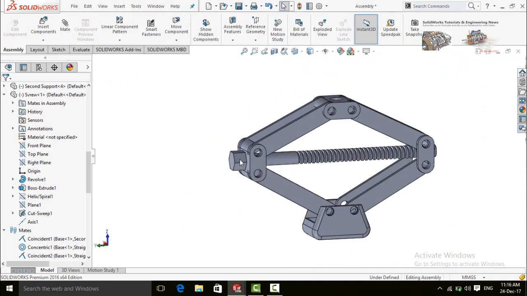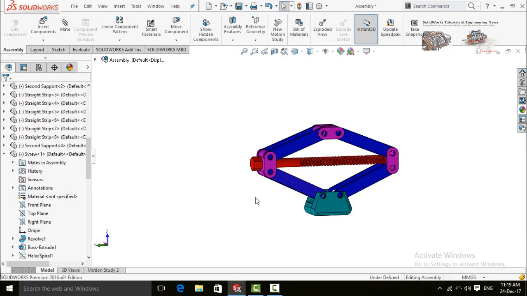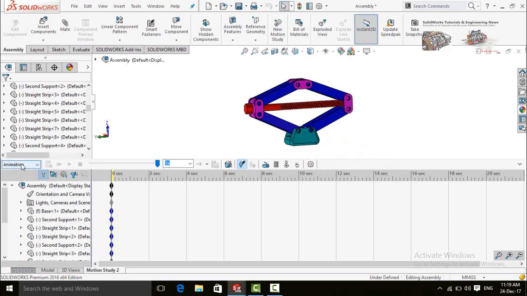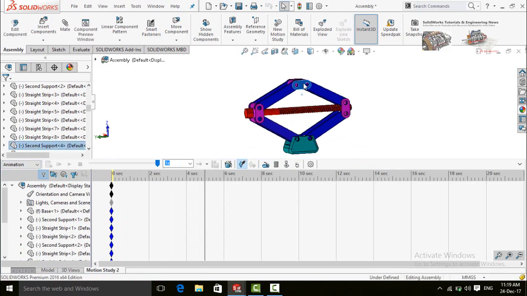Now let's apply some colors on it. Now let's start its animation. For that, click on this tab motion study and set the option here as animation. Now drag the seek bar up to 5 seconds and then drag the car jack upward.